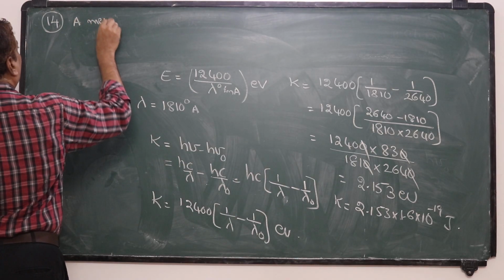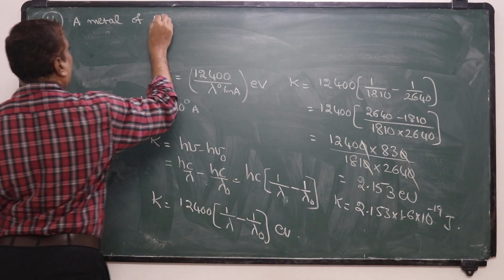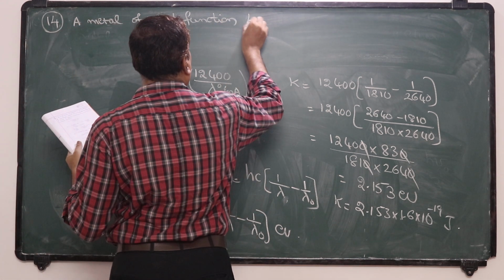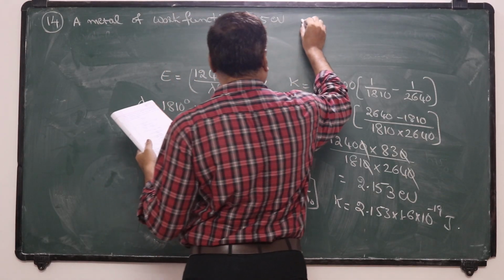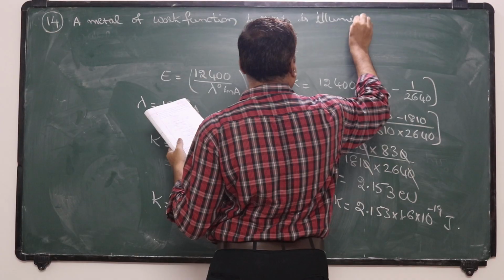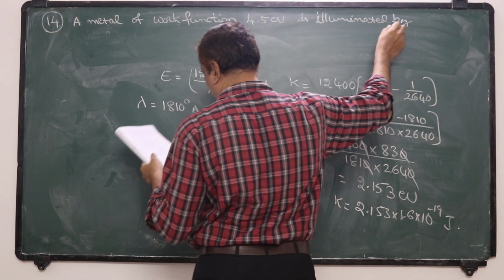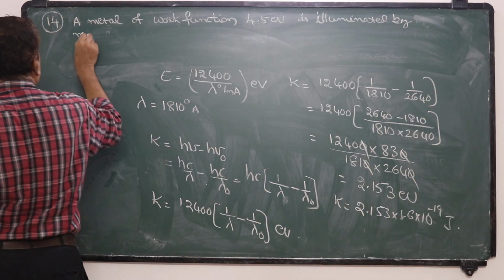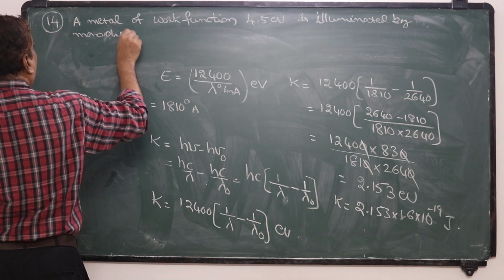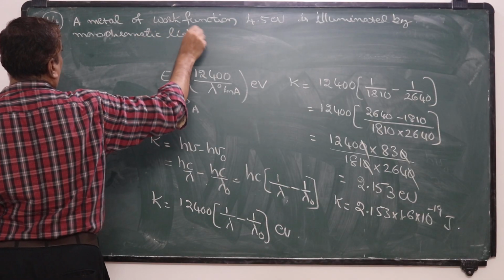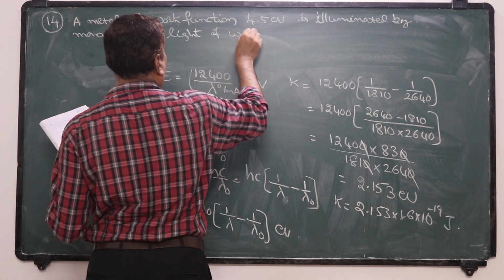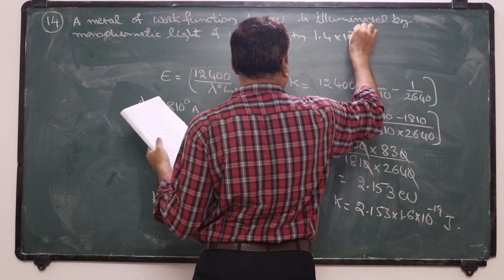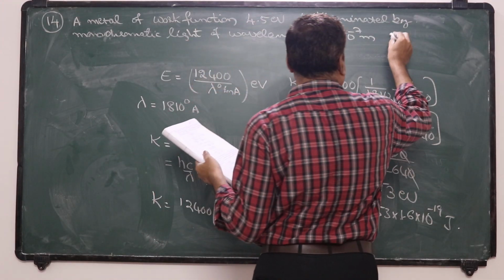Next one, a metal of work function 4.5 electron volt is illuminated by monochromatic light of wavelength 1.4 × 10^-7 meter. Calculate